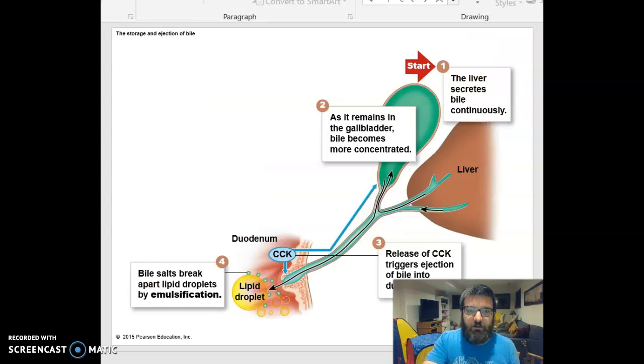And when food gets here that's full of fat, you secrete CCK. CCK causes this to contract, and we squirt bile down here. We relax that hepatopancreatic sphincter, and what that does, that bile